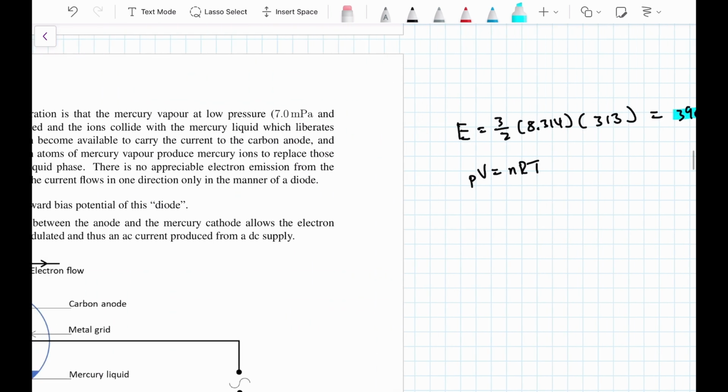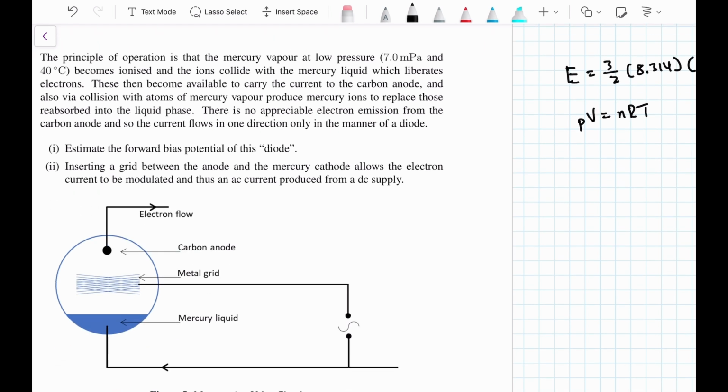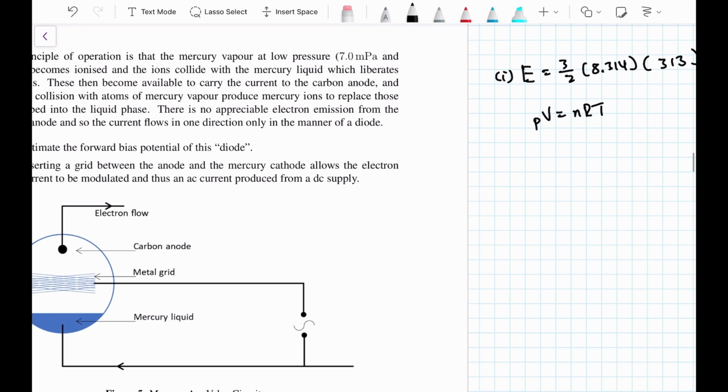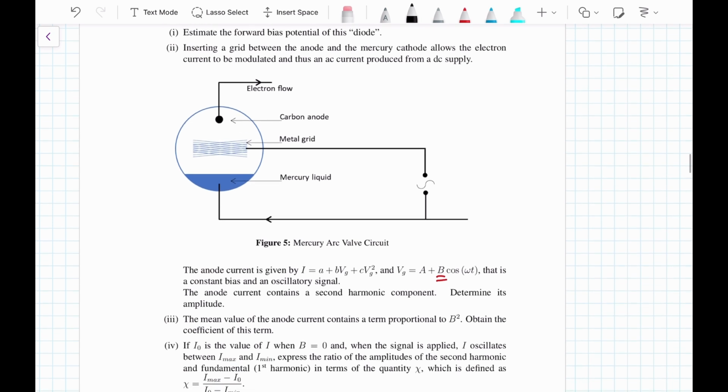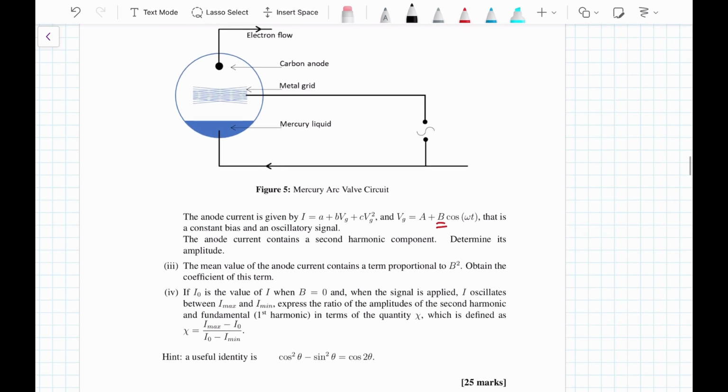So that'll be the answer to the first component of the question, and now let's see the second component. It says, inserting a grid between the anode and the mercury cathode allows the electron current to be modulated and thus an AC current produced from the DC supply. So this is essentially applying the purpose of this system, converting the DC supply to AC. It gave us a diagram, and then it says the anode current is given by I is equal to A plus